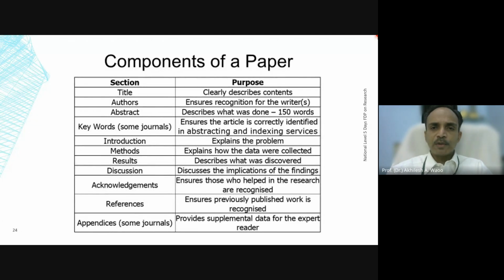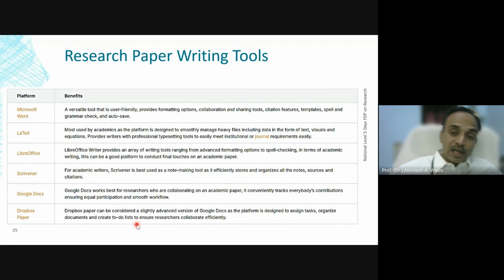Now, key components. If you are writing some paper, what are the components? There are a number of components, in which: title, author, abstract, keyword, introduction, method, result, discussion, acknowledgement, reference. If required, I will explain at the time of hands-on. I will show you papers. Now, I'm going for the real concept which you are expecting. What you have to do is